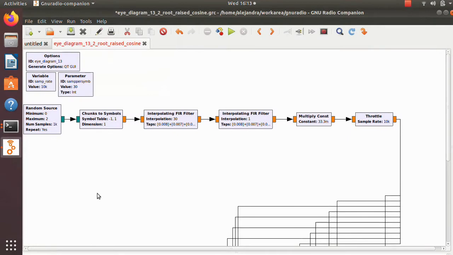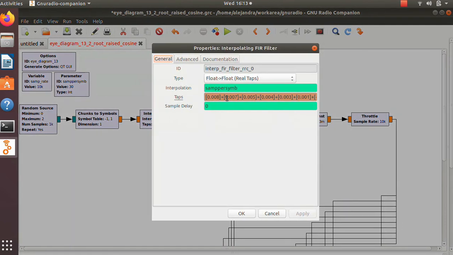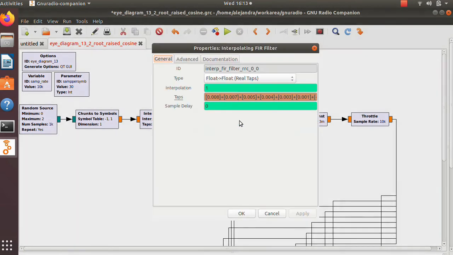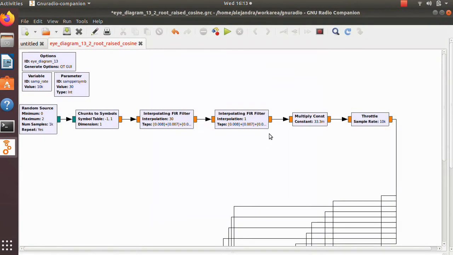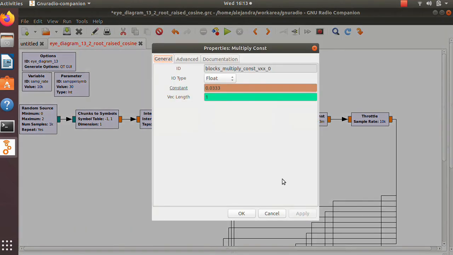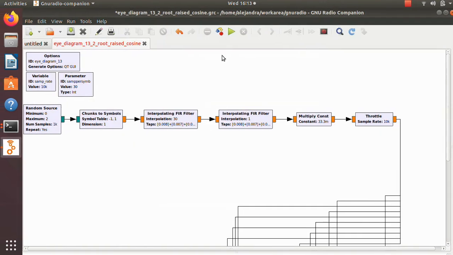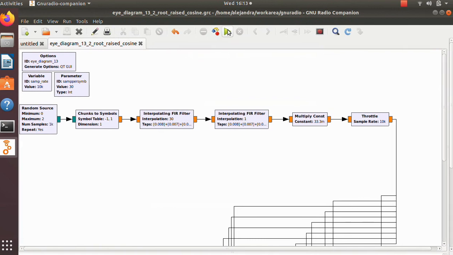In the fourth experiment, we put two root raised cosine filters in series. We know that the combination of one root raised cosine followed by another root raised cosine is actually a raised cosine. The taps were once again obtained from MATLAB and imported into GRC, but the interpolation of the second one is only 1, since we don't want to, again, replace every sample with 30 samples. When we run it,